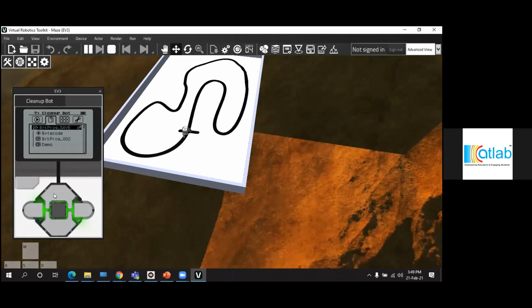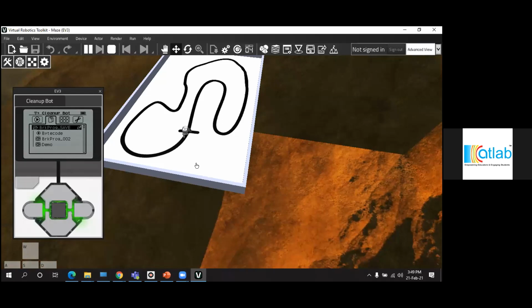If you have your program ready, download it and run it so that the robot will move in this way and reach the same point. While running, use a stopwatch. You can use your watch or your mobile to count the number of seconds. This is the procedure to practice offline.